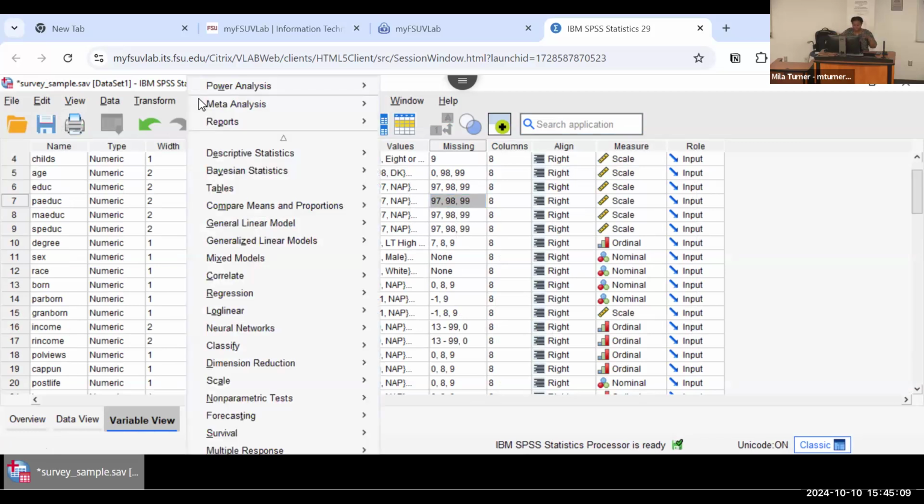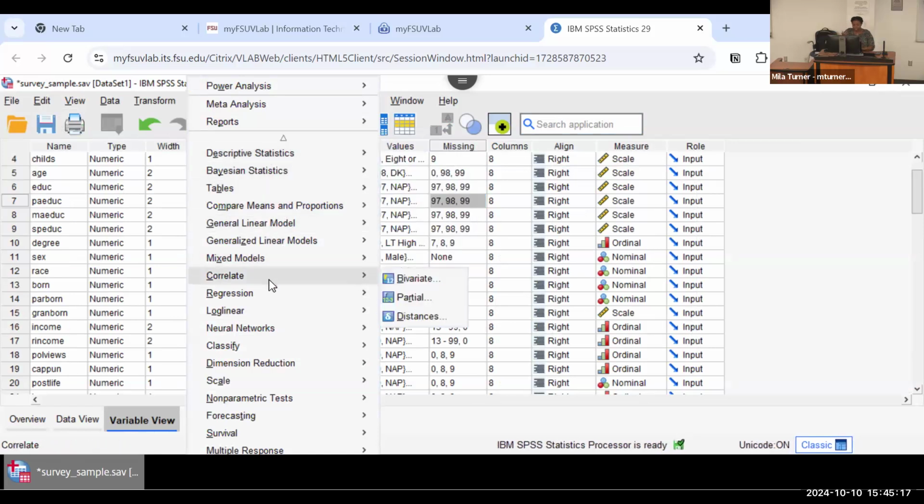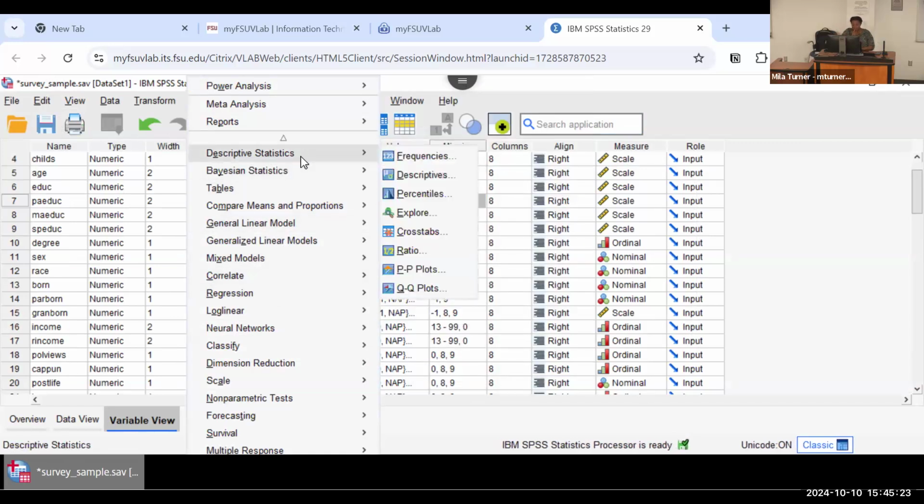And then from here, we get this drop-down menu. Most of what you'll be doing will be under descriptive statistics, or correlate if you want to do correlation or maybe regression. I'm going to go back up to descriptive statistics again because we're just exploring. I can go to frequencies, I can go to descriptives, or I can go to explore. I like to do cross tabulation a lot. So let's start with